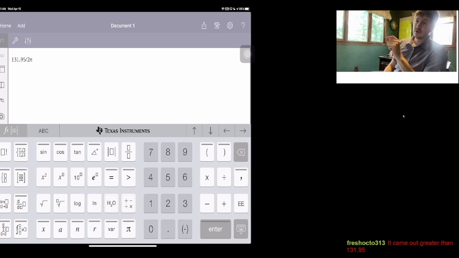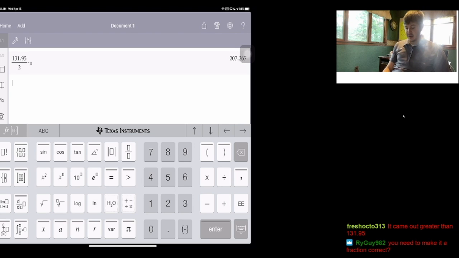And if you look at the way I've typed it out right now, this is incorrect. And I can't stress this enough that the way I have it right now typed out is incorrect. Because what it is doing, you need to make it a fraction, correct. So if you're using those blue and white calculators, they will put it in a fraction for you. But if you're using the TI-84s that I gave you, it's going to do something like this. Because if I hit enter, I get